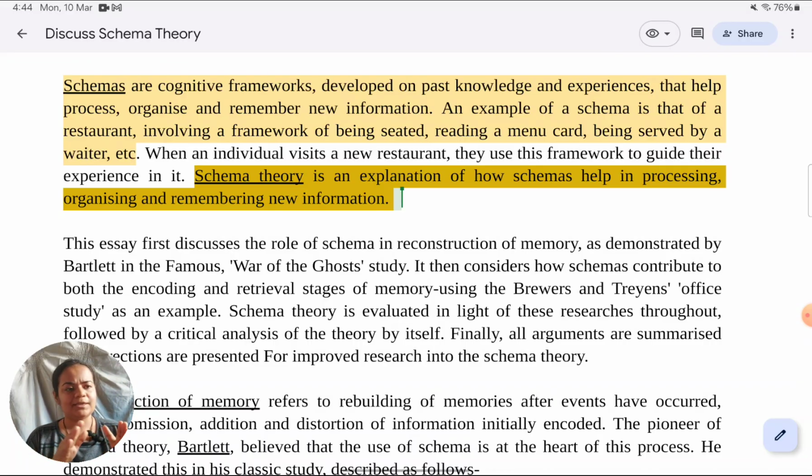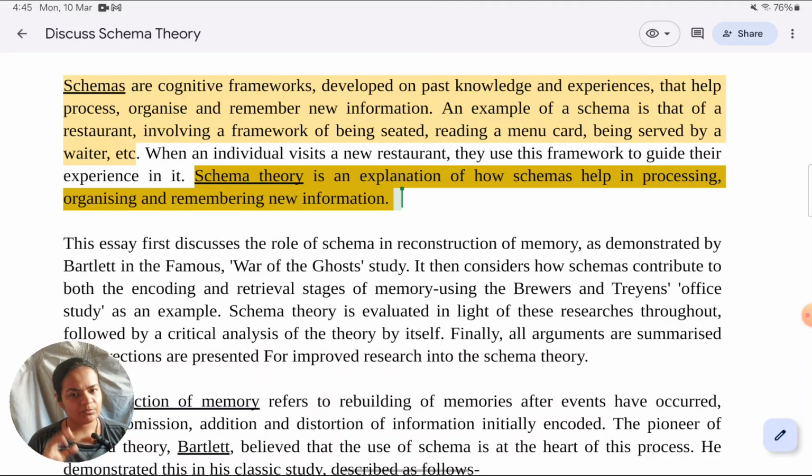I also strongly advise that you have the IB psychology guide in front of you when you're watching this video. Clearly, you will see under criterion A, it has been written that students have to go beyond simply rewriting the question, which is then an assertive statement, or simply defining the concepts in the question, to explaining the problem in the question. The problem is simply discuss schema theory.